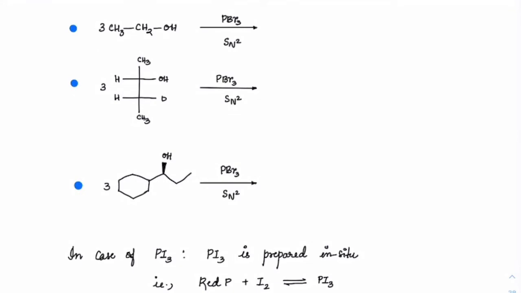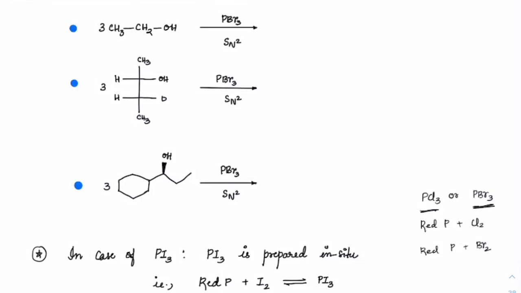One important thing, sometimes instead of directly giving the reaction as PCl3 or PBr3, you may also get this as red phosphorus plus Cl2 or red phosphorus plus Br2. Red phosphorus plus Cl2 can actually lead to PCl3 as well as PCl5. You may have come across those reactions in recent times. Same is the case with PBr3. So usually you will be provided with the data of PCl3 or PBr3.